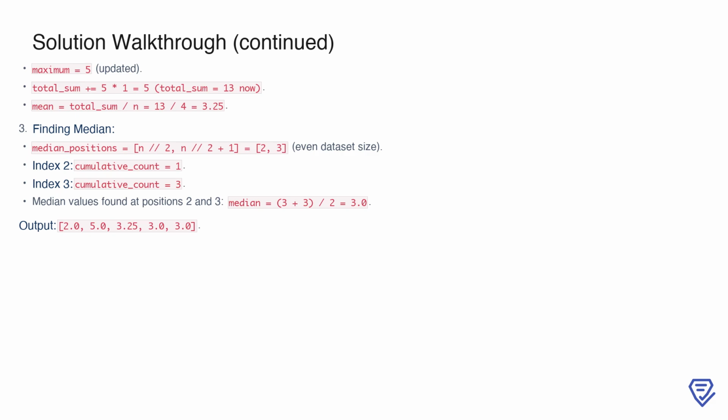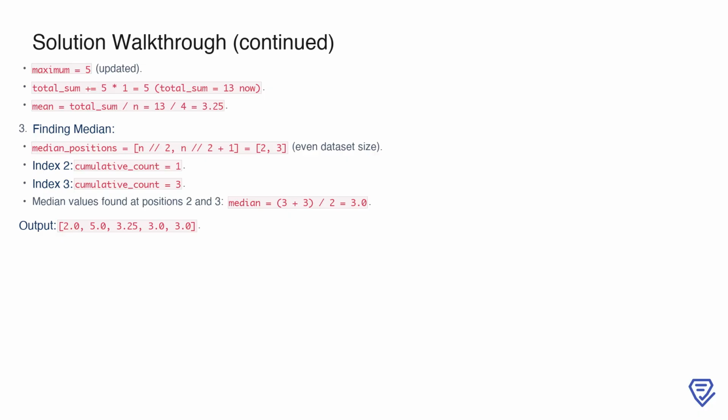At index 3, the cumulative count reaches 3, covering both the second and third positions. This means the median values are both 3. Averaging them gives a median of 3.0. Finally, the output for this dataset is 2.0, 5.0, 3.25, 3.0, 3.0, representing the minimum, maximum, mean, median, and mode